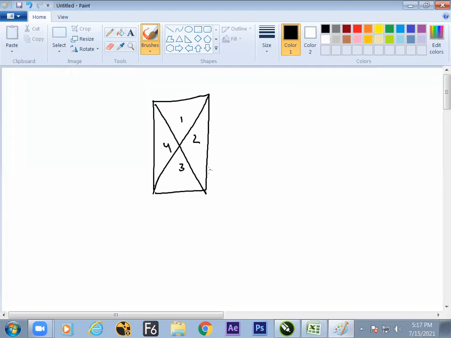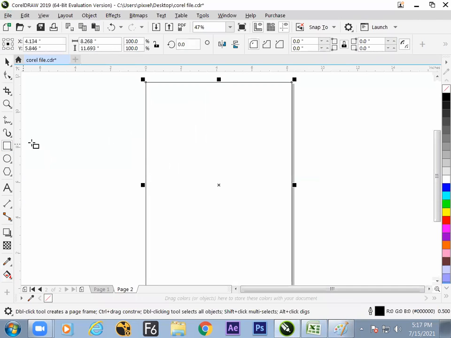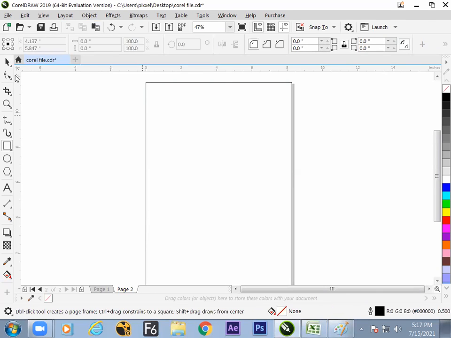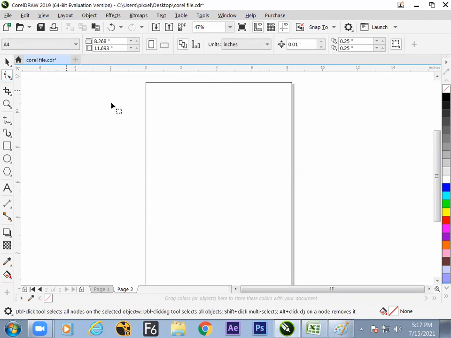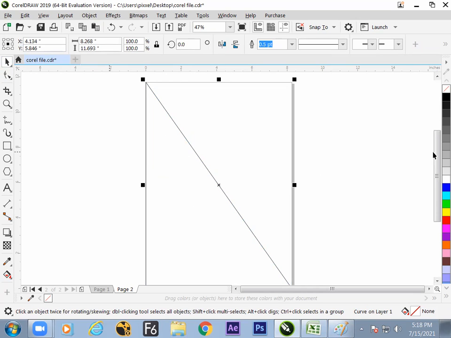So now the action starts. How to break it up? Because the practical is this: make a box to get divided into 4 diagonal parts. So step number 1, make a box. Step number 2, what is to be done? Convert it to curves. Why? Because to make independent nodes that can be selected, then delete them. So hope we have understood now how to break it in a diagonal way.